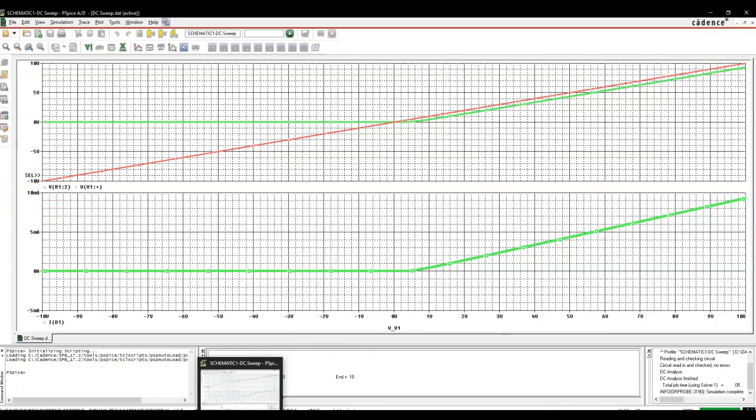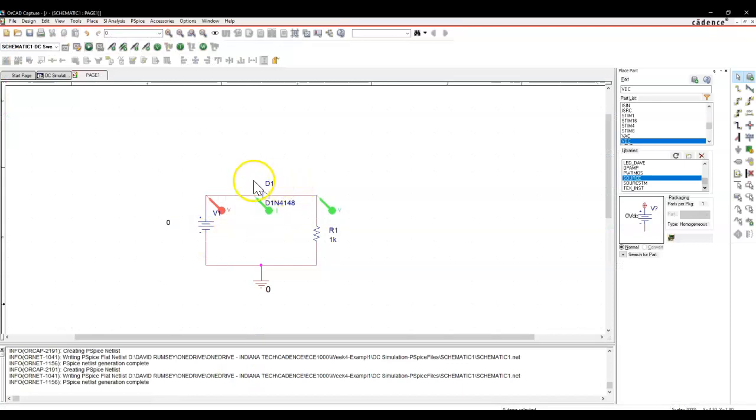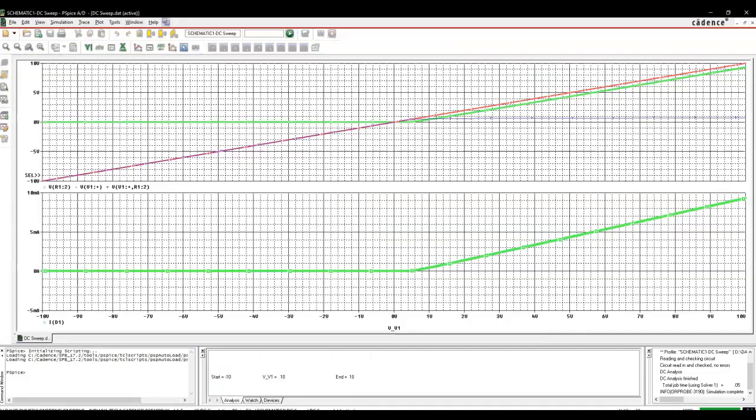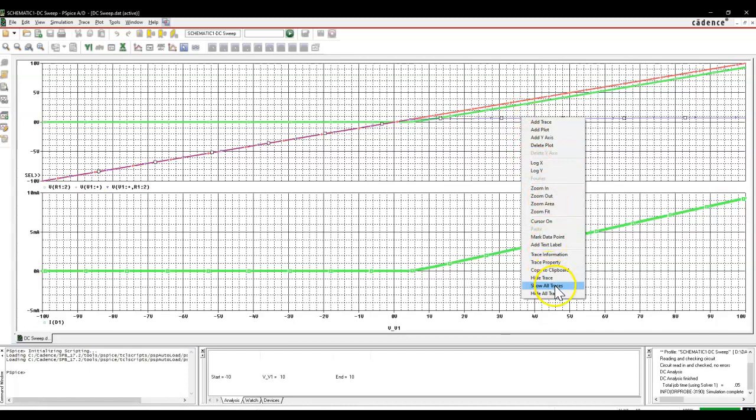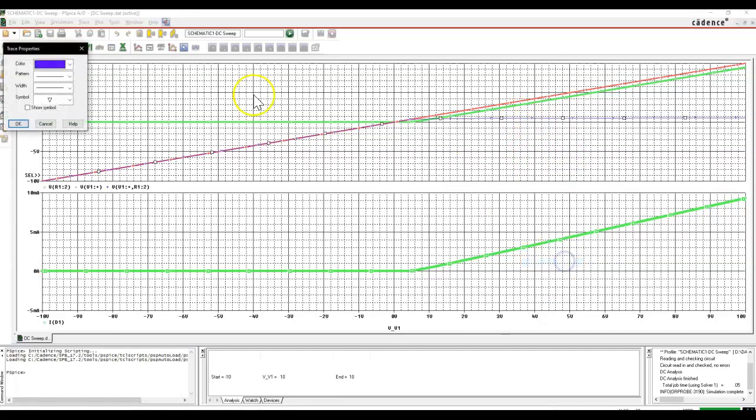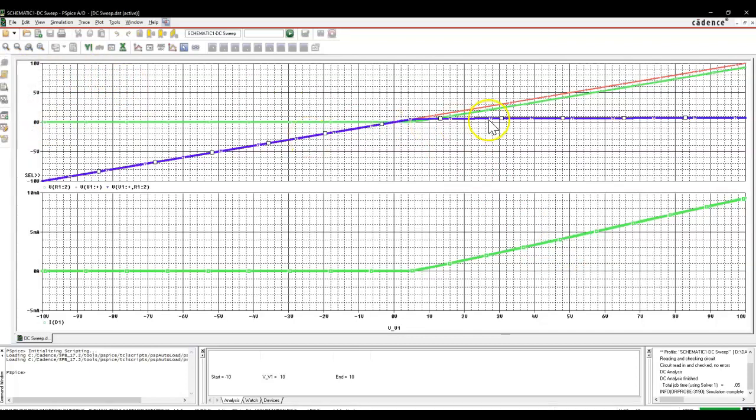Well, if I want to actually see what the voltage is across this diode, that's when I use this other set of probes here. It's called a voltage differential marker. And the first one's always whatever you want the positive side to be. So positive side, and then negative side. And now that one's in blue for me. Let me thicken that one up. And you can see that, well, wait, for the diode, when it's negative, there's -10 volts